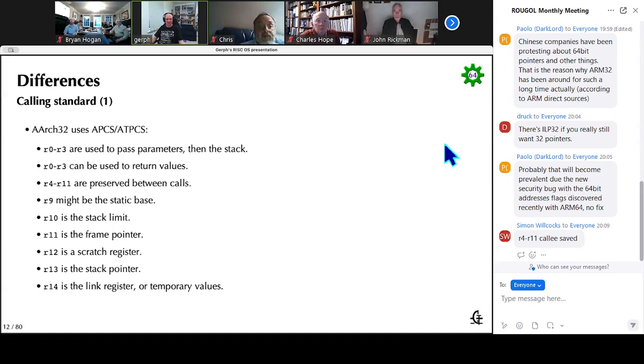Sorry, Simon Wilcox has just corrected me and said R4 to R11 are callee saved, not caller. You're correct, I apologise. That's what happens when you don't write a script. So,